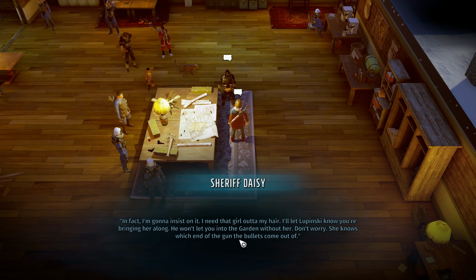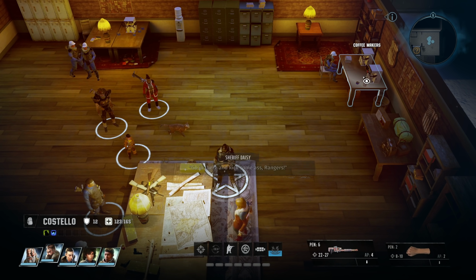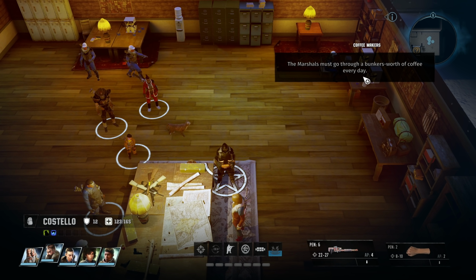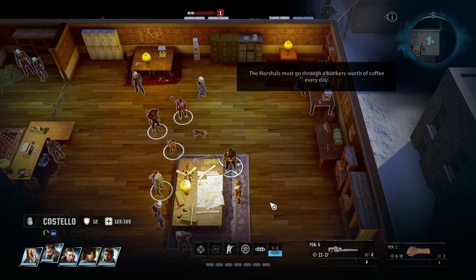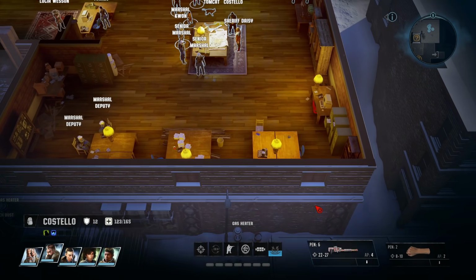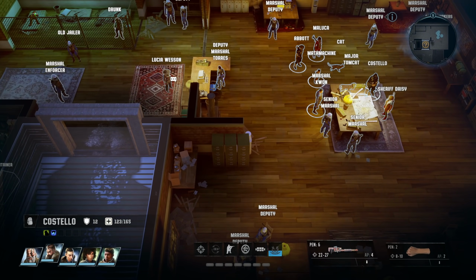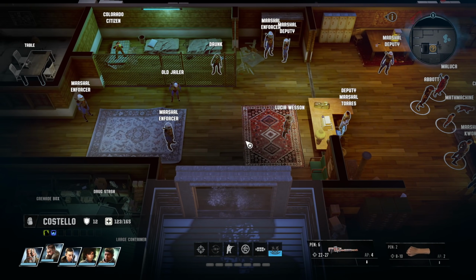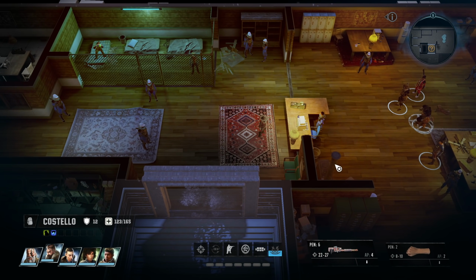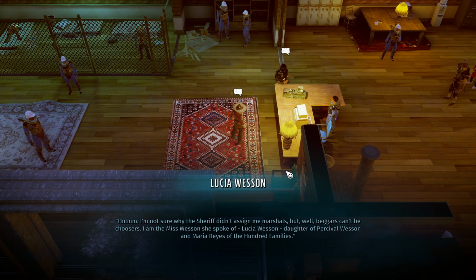That's cool. So we're forced to take her. Go in there and kick some ass, Rangers. Marshall must go through a bunker's worth of coffee every day. You guys can probably notice this, but when you hold Alt, or I think the default is Shift, to bring up all these names, there's a tiny little delay that happens. It's a little annoying, but...